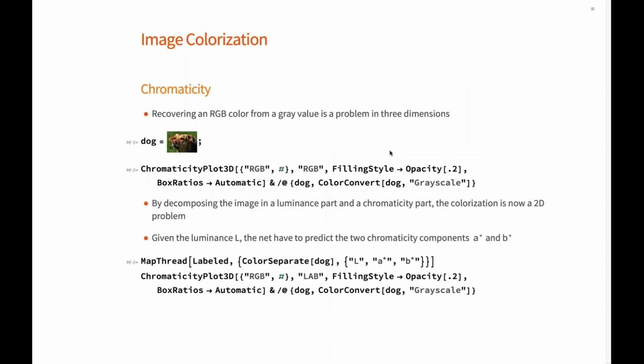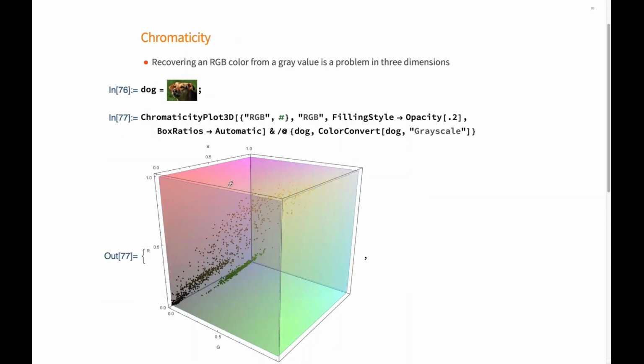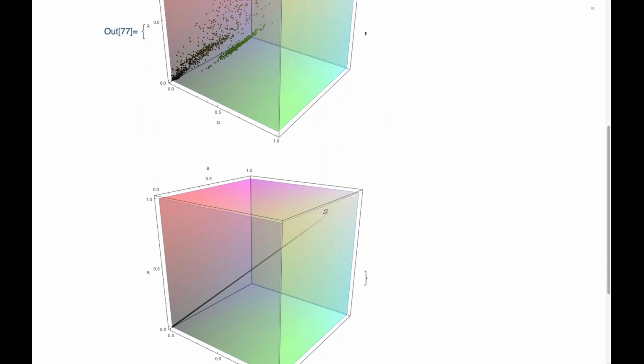So first thing, we need to know a little bit of color science, and lucky for you and me, this happens to be my expertise. If we look at this colorization problem in more general terms, what we see is that we have a 3D distribution of RGB colors, and we want to go here from just a 1D distribution of luminance levels. But working in this RGB space is quite complicated because this is intrinsically a 3D problem.